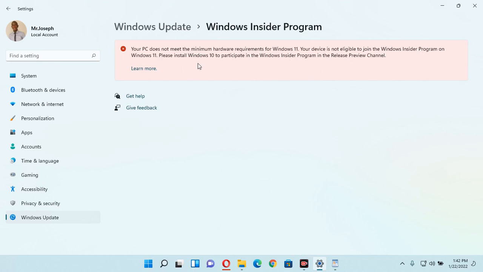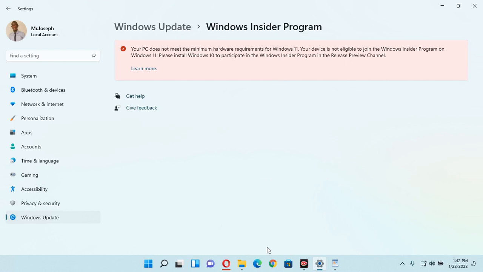Windows 11, please install Windows 10 to participate in the Windows Insider Program. There is preview channel. So that means that my computer is not eligible to install Windows 11, but it's because it has TPM, which is not meeting the minimum requirement to install Windows 11 in my computer or in any